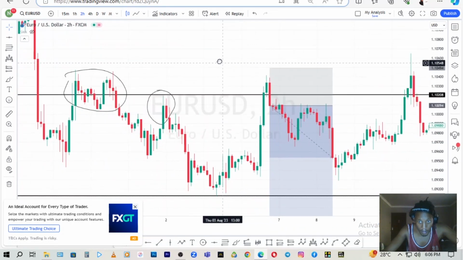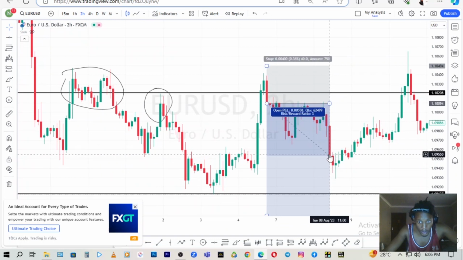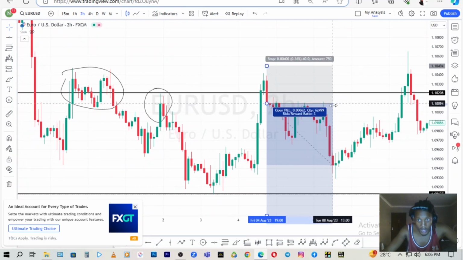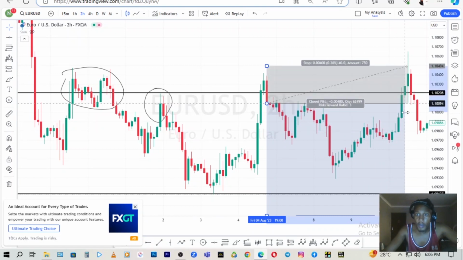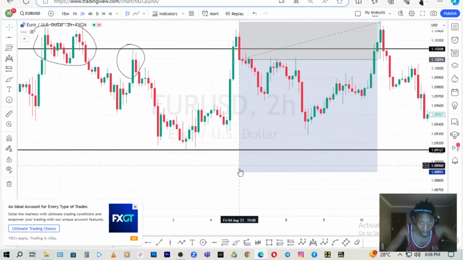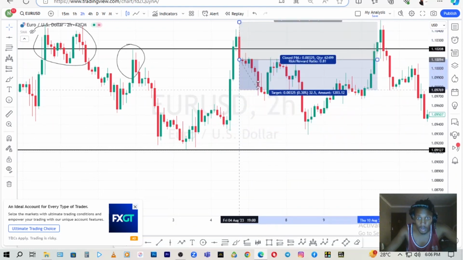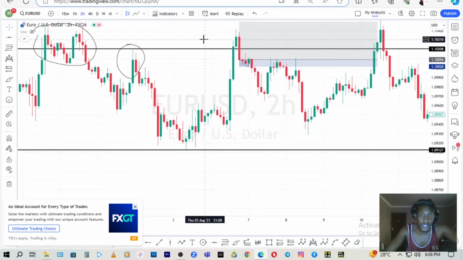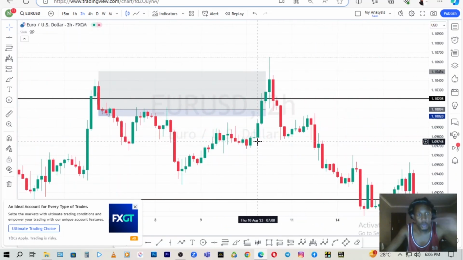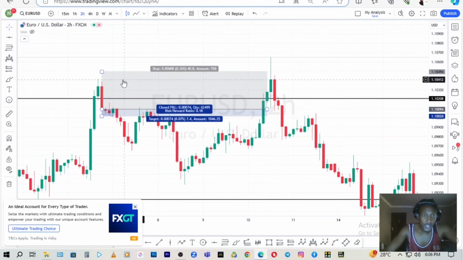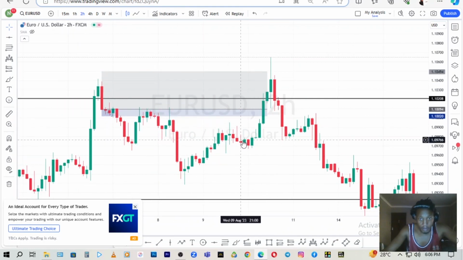Okay, so overall, even if it takes me out, I care more about saving my account to trade again the next day. So you can see it took me out here, but I care less about it. So my other entry is if it takes me out here,